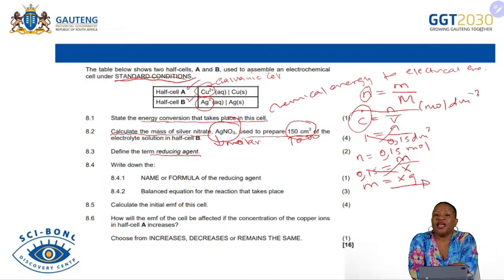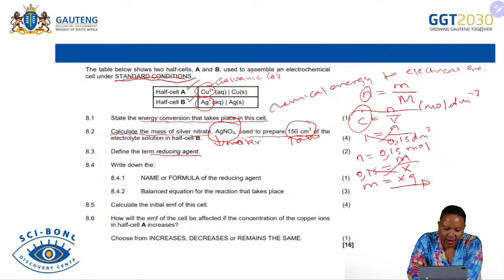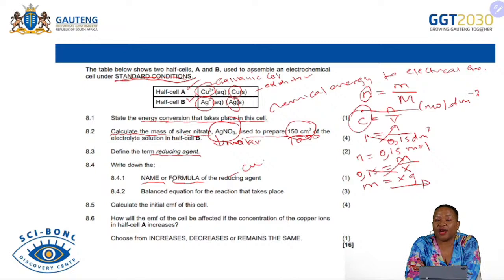We know that a reducing agent is an agent that will lose electrons, that will undergo oxidation, and that will be oxidized. And then name or formula of the reducing agent. Now, for you to identify the reducing agent, we need to know which one undergoes oxidation. And we know that the copper half cell will undergo oxidation. So our reducing agent is between copper and zinc. So it means our reducing agent in this case will be copper, because it's the one that will undergo oxidation